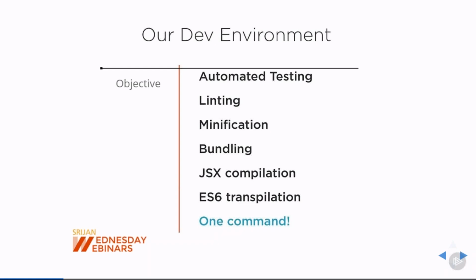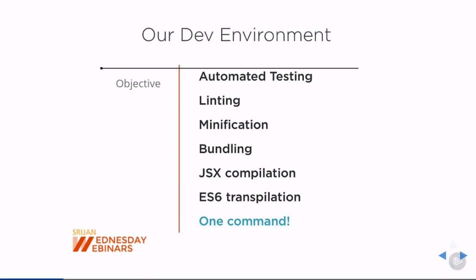So it is actually improving the performance of your applications on the browser. Then React applications are written with JSX, right? So we need to compile the JSX back to ES5 code. Here we will be writing the JSX code with ES6, and Babel is playing the role of transpiling and transforming the code. Finally, we will be doing all these tasks: linting, minification, building, compilation of the ES6 code